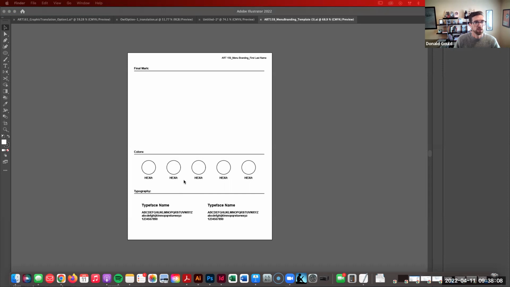Now with the actual colors as well, again, choose contrasting colors, things that feel like they harmonize with one another within the overall space. And for the typefaces, we can use Adobe Fonts to select any of those contrasting typefaces there as well. I'm just pulling up a previous example that I